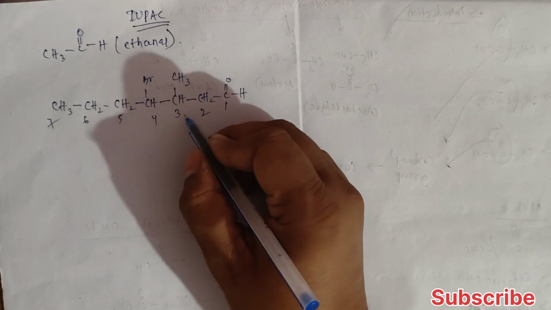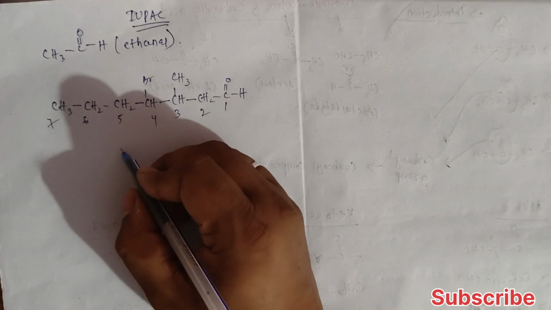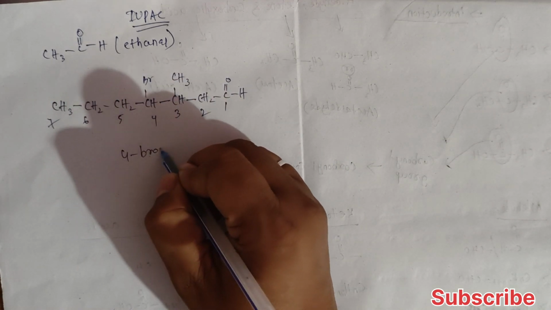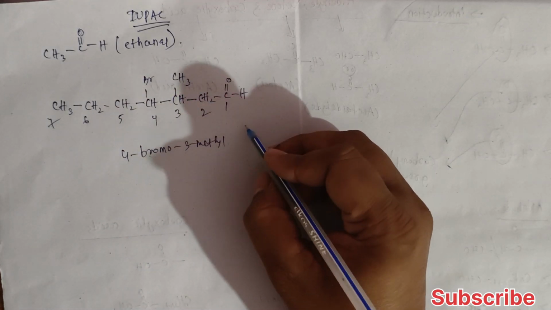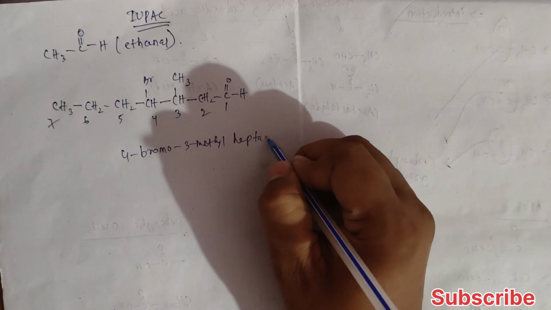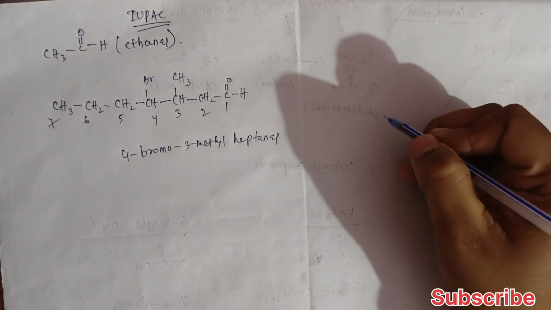So 4 bromo, this is bromo, this is methyl. Bromo comes first, 4 bromo, then 3 methyl, then 7, so heptanal will be